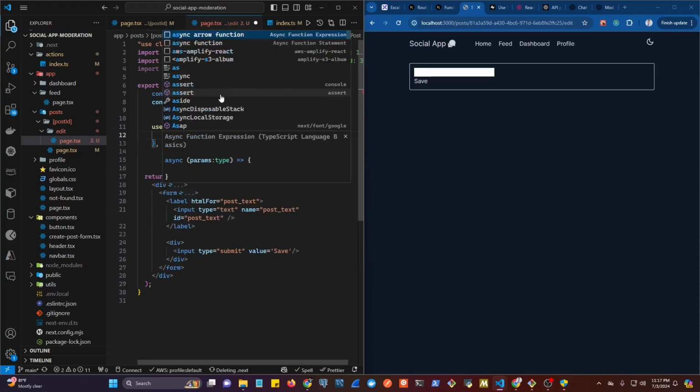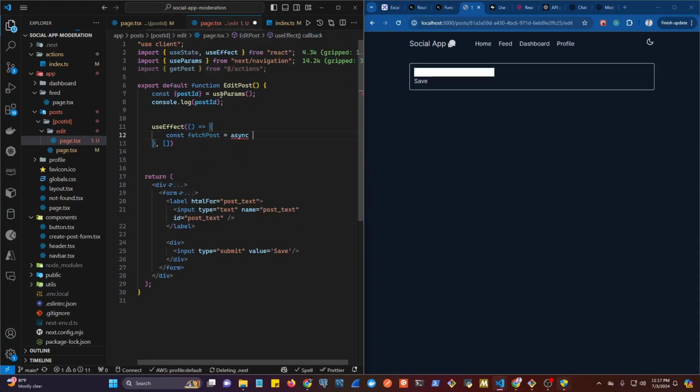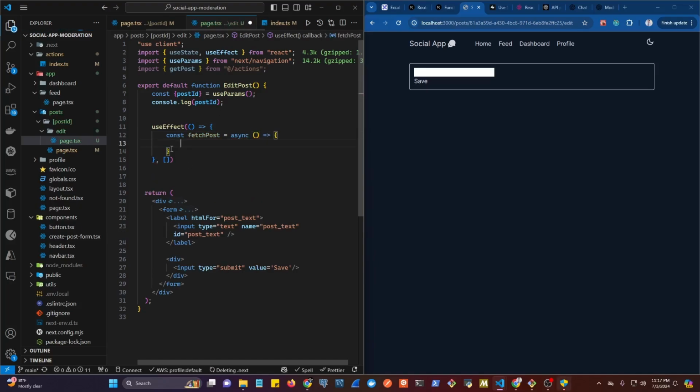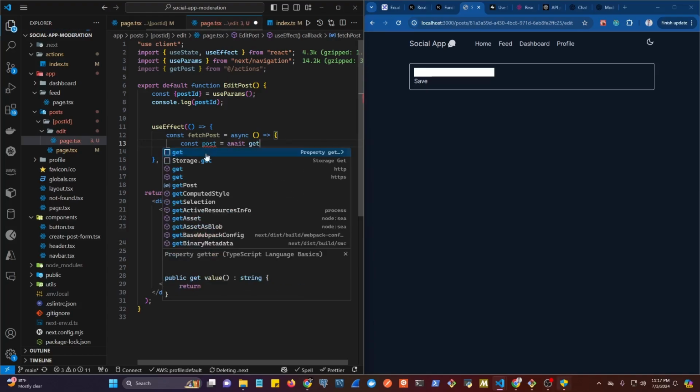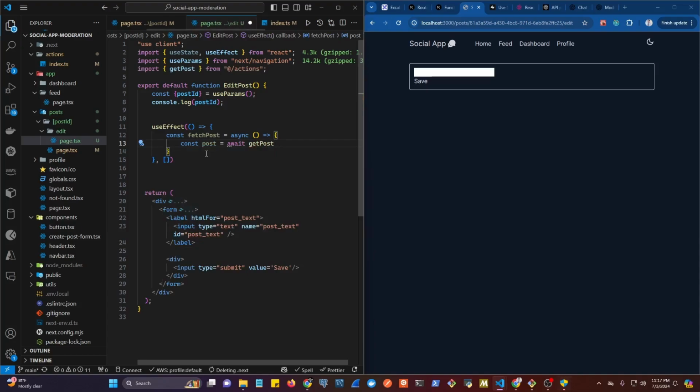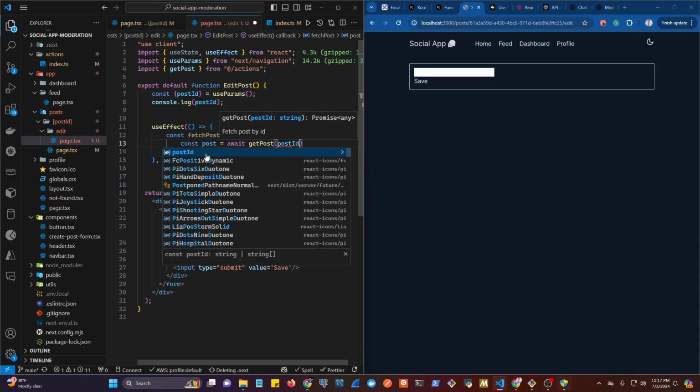Gonna be an async function. This is the function that is going to go ahead and fetch the post by the post ID whenever this component first renders. Let's do const post equals await,